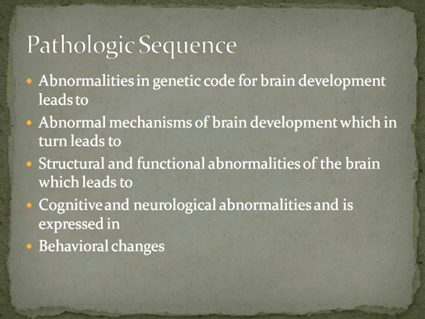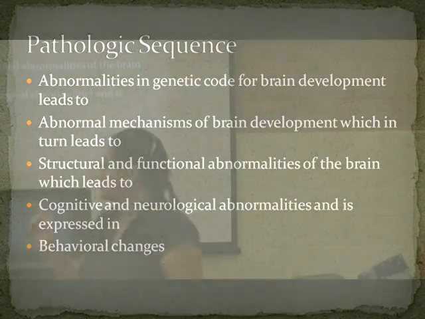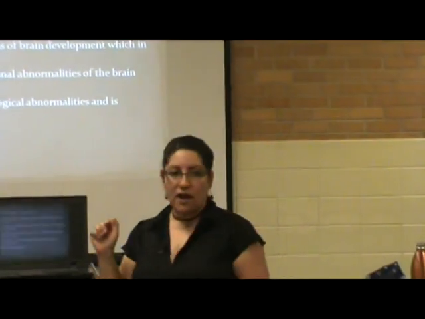Pathologic sequences, abnormalities in genetic code, and Joe and I have discussed this. Abnormalities in genetic code for brain development lead to abnormal mechanisms of brain development, which in turn leads to structural and functional abnormalities of the brain, which leads to cognitive and neurological abnormalities, which gets us to behavior changes, right? So I think at some point we'll talk about